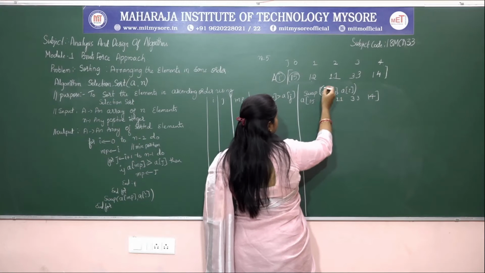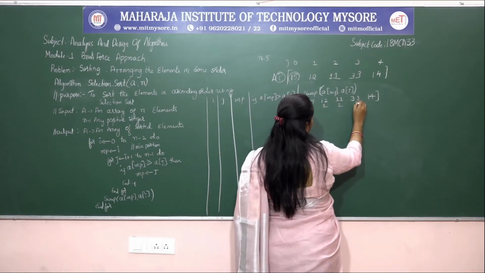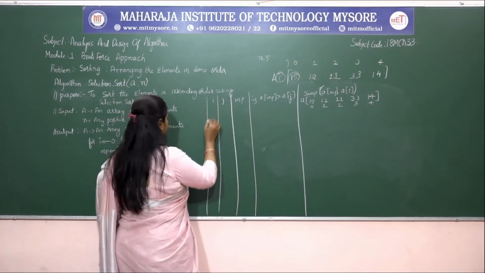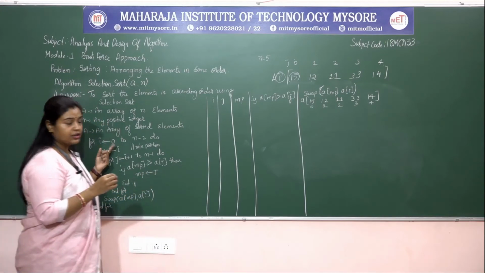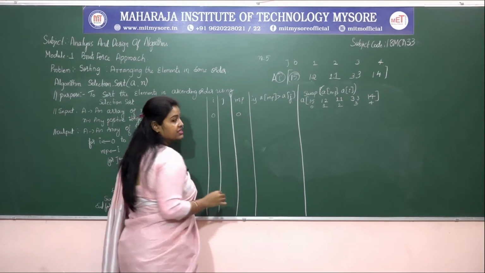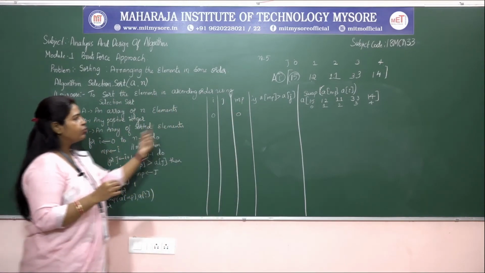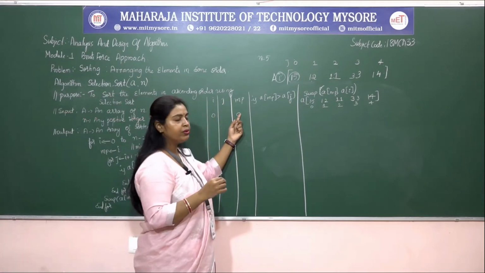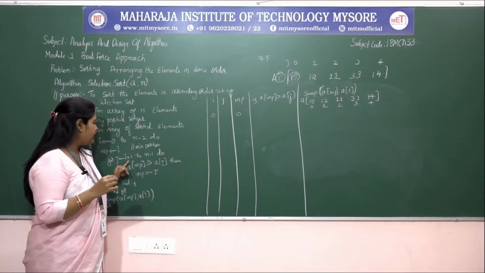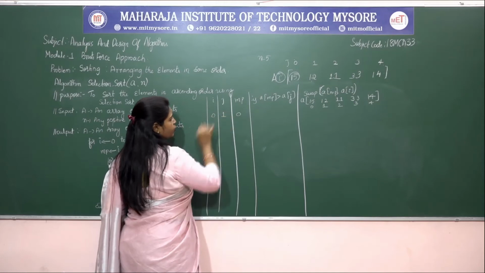Okay, so the indices values are 0, 1, 2, 3 and 4. Now I starts with what? 0. So I starts with 0. Now MP will be equal to what? 0 as it is. So when I is equal to 0, MP is equal to I. So what is I value? 0. So MP will be initialized to 0. Now J should start with what? I plus 1. So I plus 1 is nothing but 0 plus 1, which is equal to 1.